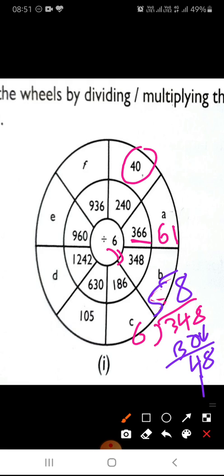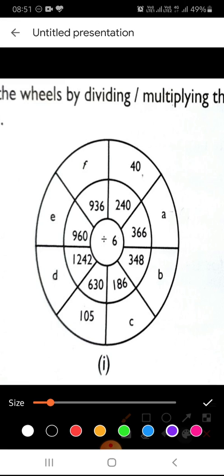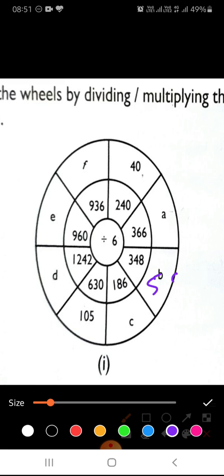So what will come? 58. So 58 we will write here. Here it was